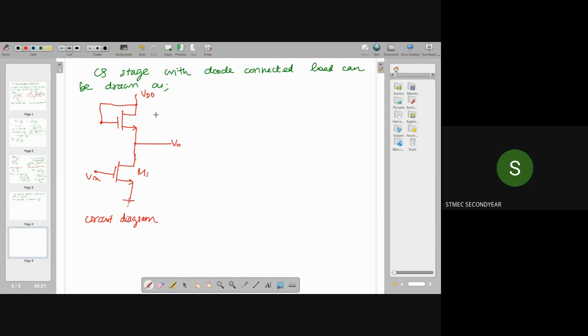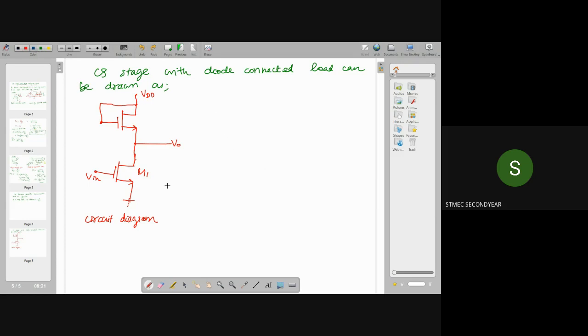Okay, clear? Now we have to see the small signal equivalent model for this circuit. Okay, so this is the common source stage with diode connected load. That means this represents our common source amplifier. This represents the common source amplifier, and this is the diode connected load. So instead of RD, we are using diode connected load here. Okay. Now coming to the small signal equivalent model of this